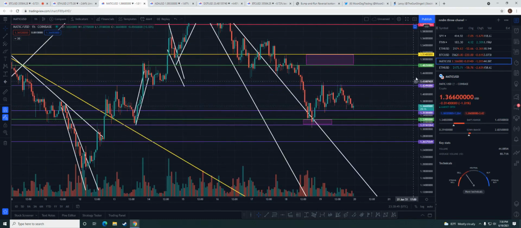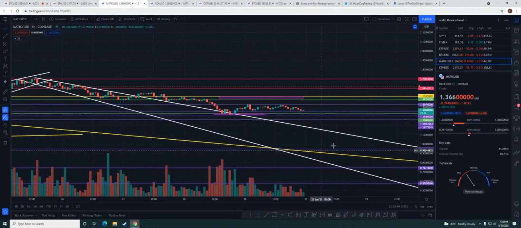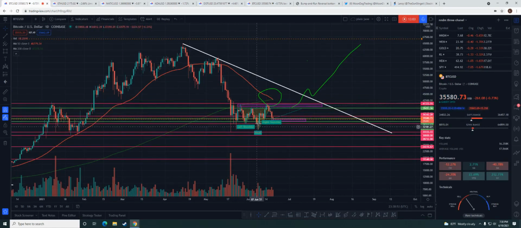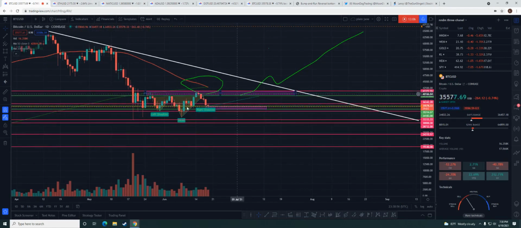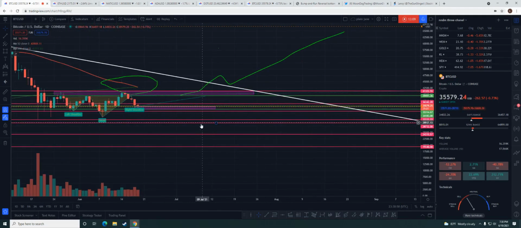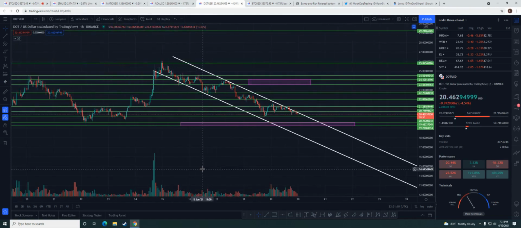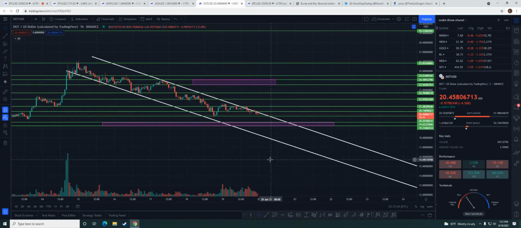Okay, these wedges, we're probably going to delete them because they just mean nothing because Bitcoin's trading sideways, right? I mean, look at the Bitcoin chart, just sideways. So we're not getting anything here. We're going up, we're going down, just sideways movement. Hopefully we get this head and shoulders pattern and we get the bump and run and we break out. Okay, so we talked about the death cross. Now DOT, same thing. You just look at these areas, guys. Okay, we want to see this 120, 24 area hold up. If not, then we're looking at our purple box area in between there. Okay, so just keep an eye on that.